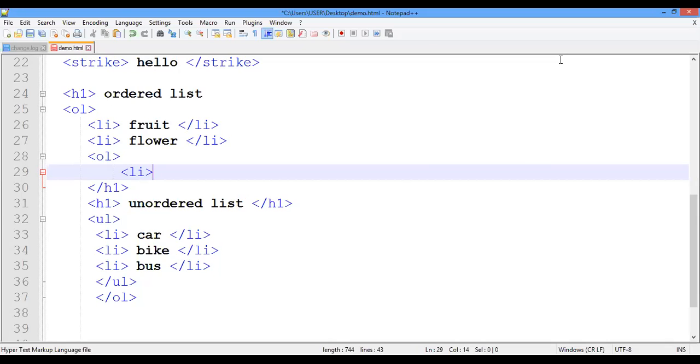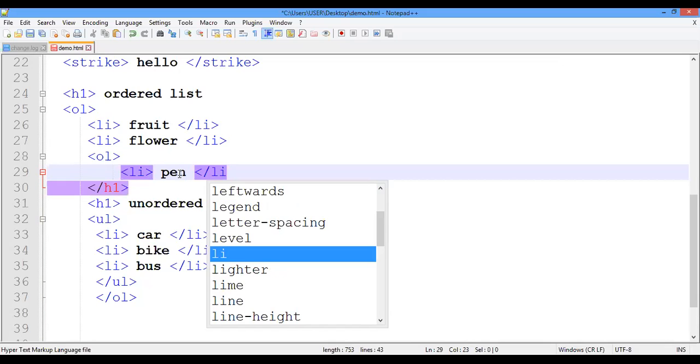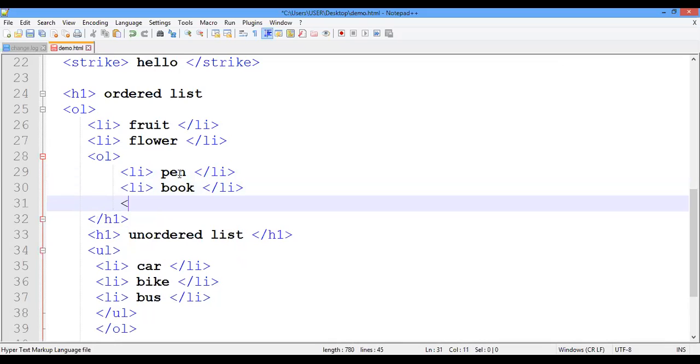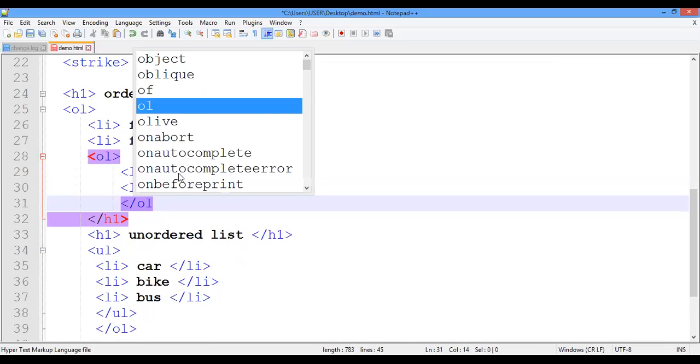Now I am adding an ordered list inside another ordered list. So we will write the close of the OL tag.